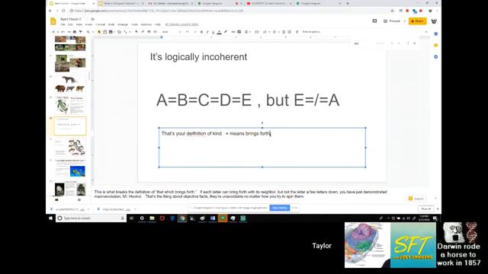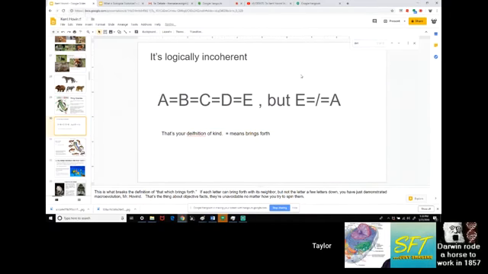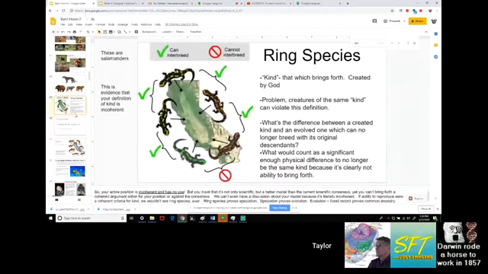Therefore, that's why scientists don't use that terminology. They don't use "bring forth" as any way to distinguish organisms. Species applies more broadly, talking about ability to breed not only on the genetic level, but the physical level and the geographic level and the behavioral preference level. So the fact that these salamanders diverge from one another and can no longer bring forth means that we have